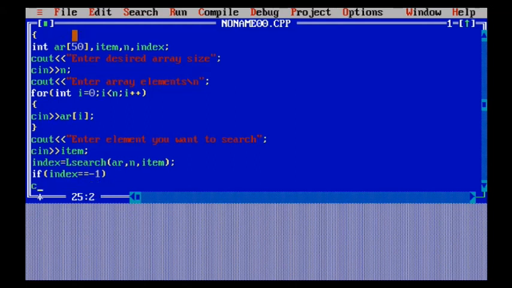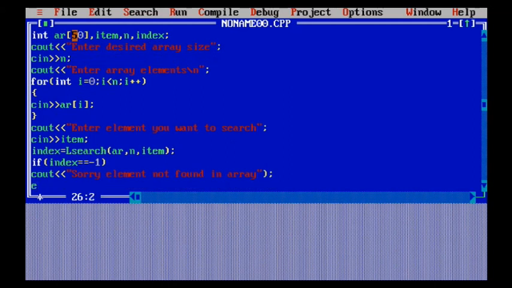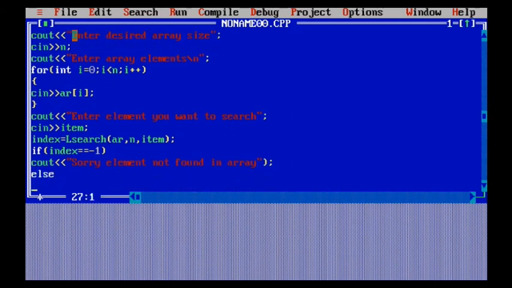So, as per the algorithm I have explained, if index equals -1, it displays element not found. If the index is not equal to -1, then the content displayed will be that the element is found at this particular position, and we will receive the desired output.